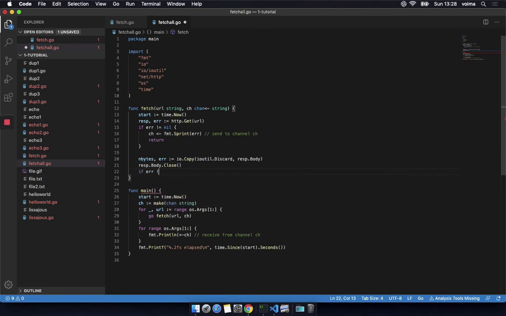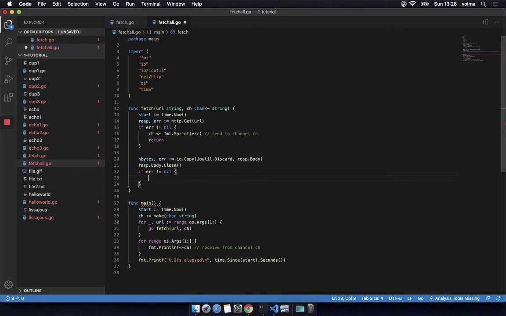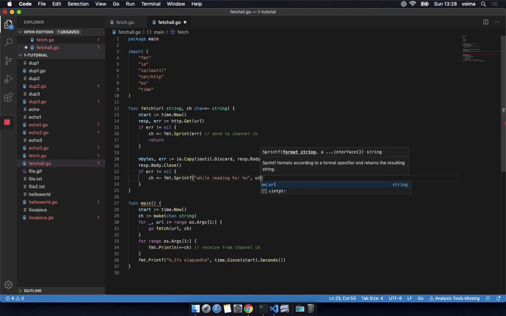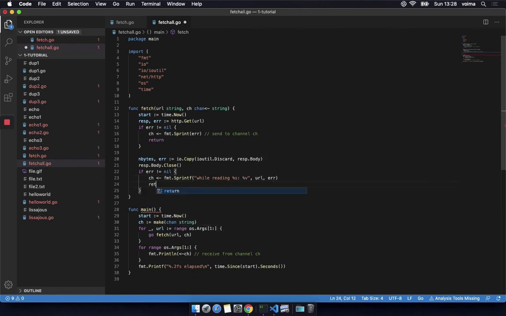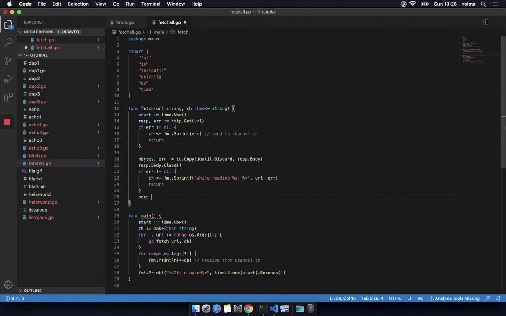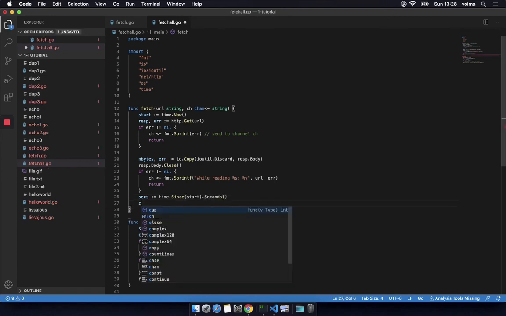If R is not equal to nil, then channel fmt is printf while reading S, so we got an error while reading S, and the error is this one. Okay, then we return, same thing, time since start seconds, right? And then we send to the channel